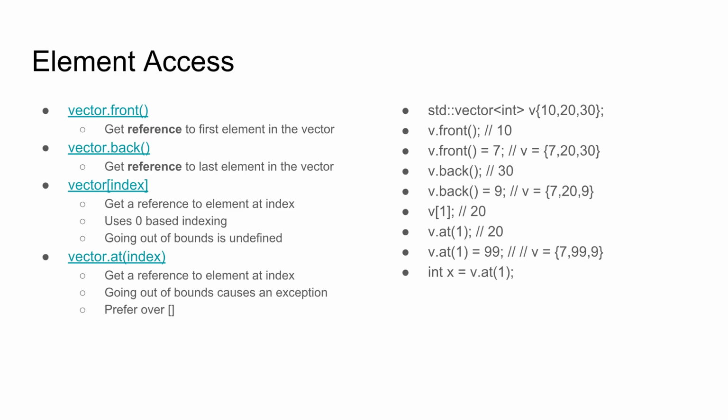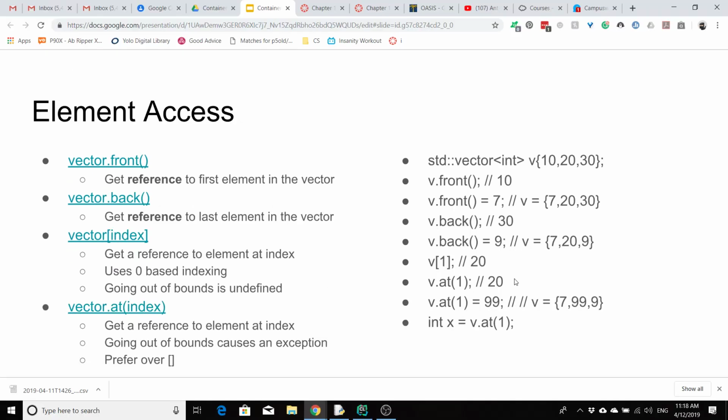So like when we print at 1, why does 99 show up and not some random thing? Because when you're trying to print the value, you're trying to read the value at that reference. Remember, a reference is just a stand-in for the original variable, right? So if I go and I say something like this over here,